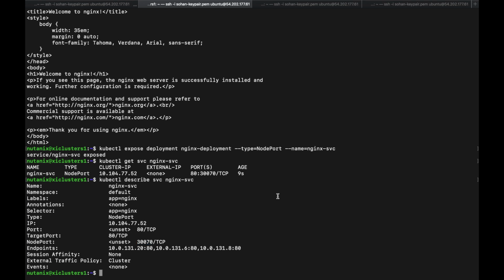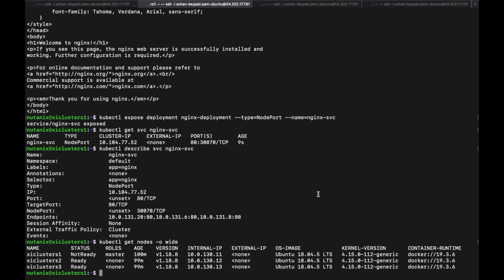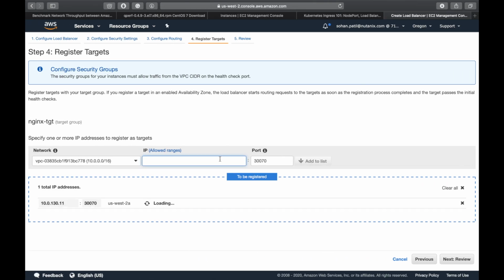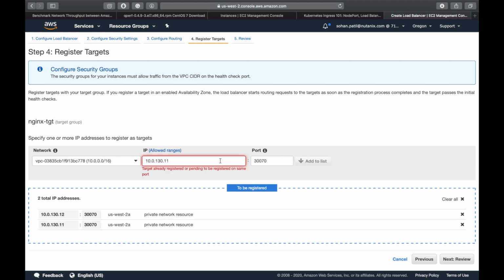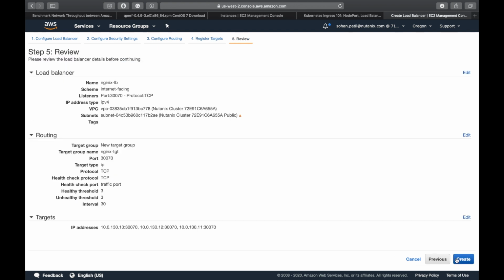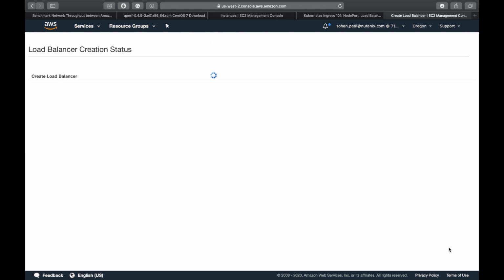Okay, so the targets will be the three nodes, 130.11, 12, and 13. So let's add them. Looks okay.